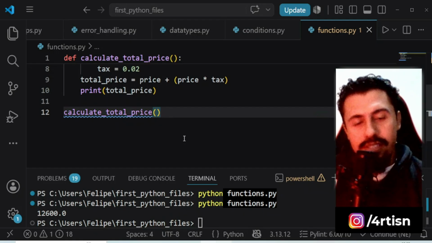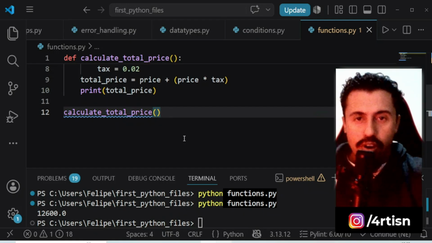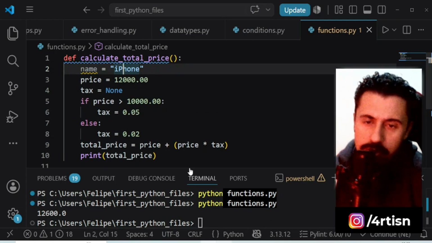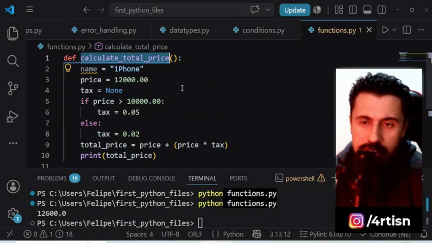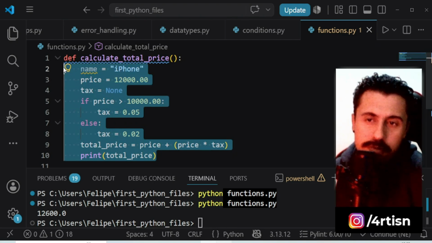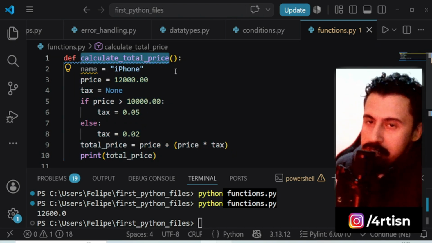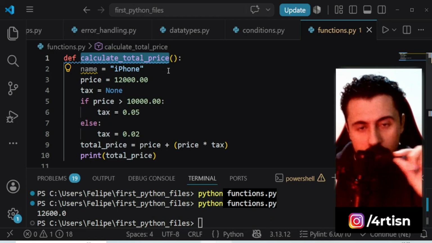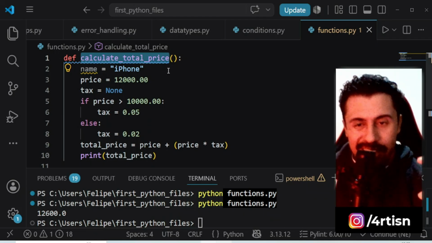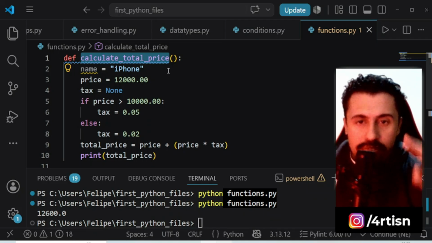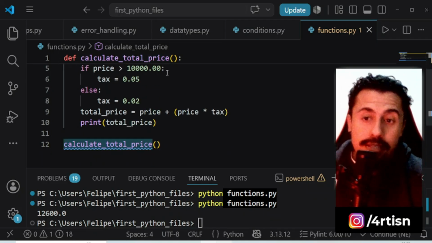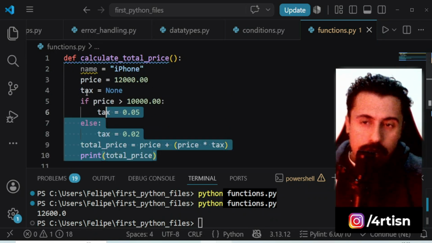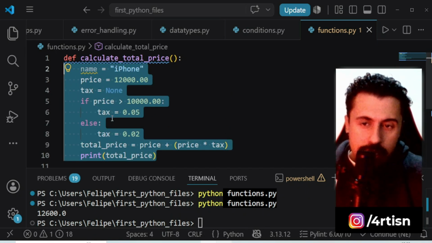But we still didn't achieve the best form of our reusable code, because you can see that basically we are putting the same script logic inside of a function. We only took one step of improvement because we created the function, we encapsulated the logic inside of the function, and we invoked the function. We have run this logic